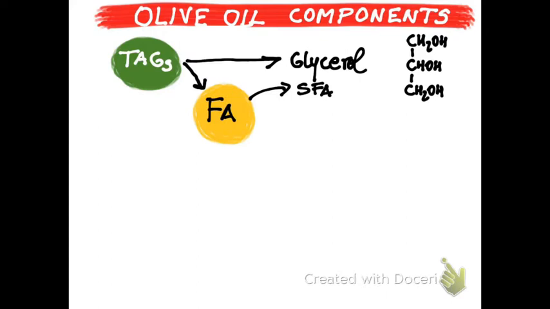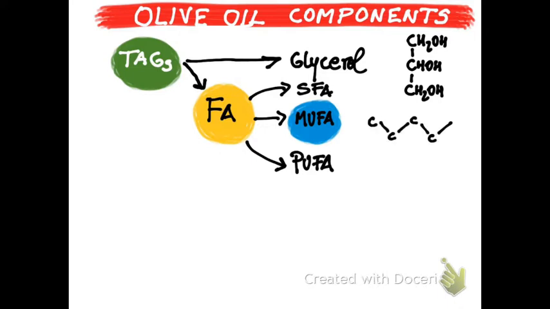These fatty acids may be saturated fatty acids, that you previously know, a second group, monounsaturated fatty acids, that is the most abundant in olive oil, and finally the polyunsaturated fatty acids that contain more than one double bond. This is a typical carbon chain of a monounsaturated fatty acid. You can see how it shows only one double bond, and this fatty acid can be bound to the glycerol